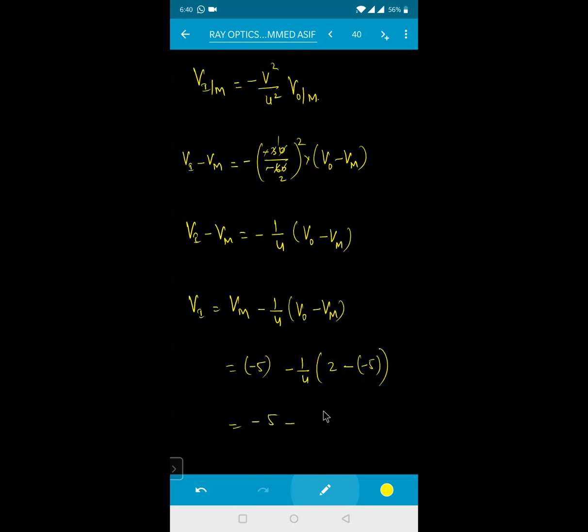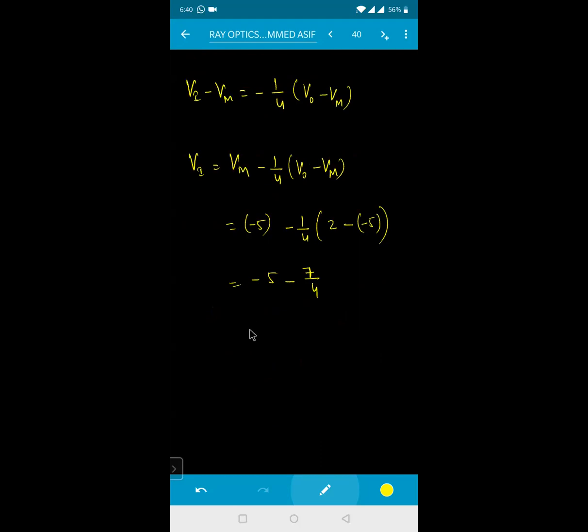This is nothing but of your 1/4 plus minus. This will become for me minus of minus. This will become for me minus. So this will be minus of your 7. Can I write like this? So 5 minus of 7/4. So 5 minus of your 7/4 will be equal to how much, beta? The answer will be in terms of negative. And that how much you are getting, you see?